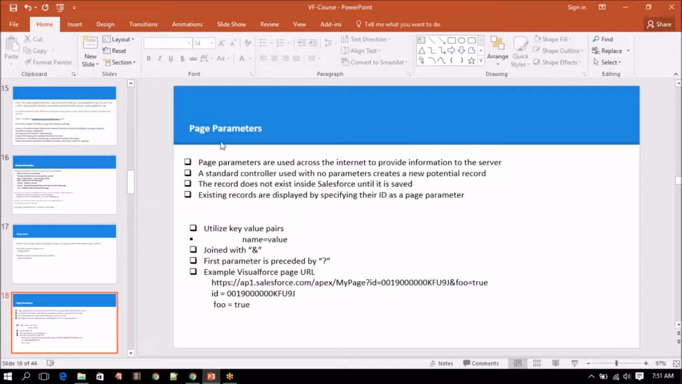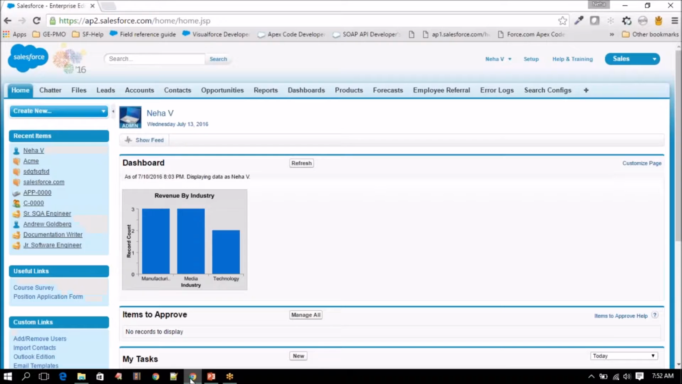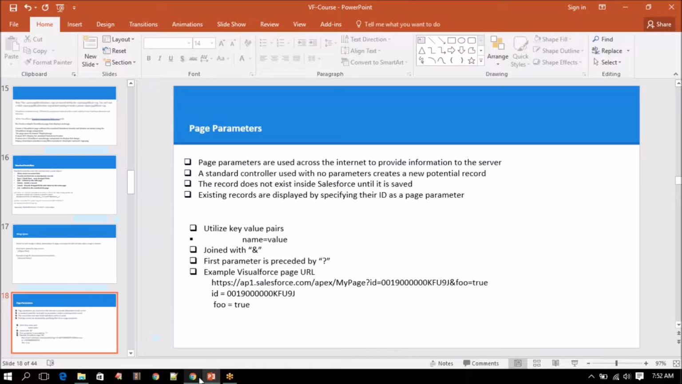Next we have page parameters. Page parameters are nothing but the parameters like we use here in this URL, the parameters used in the URL. Page parameters are used across the internet to provide information to the server. For example,